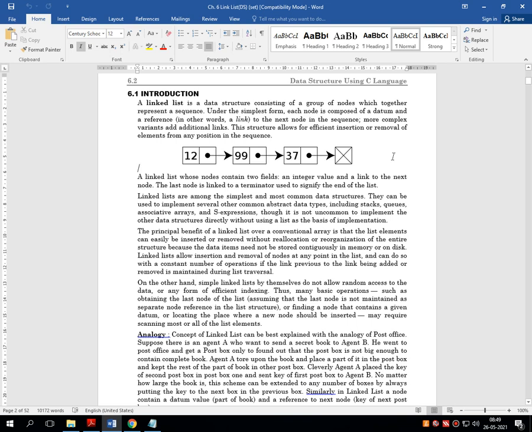So in the information section of the fifth node, it stores null.